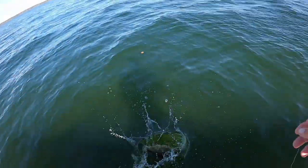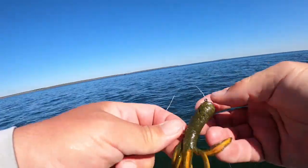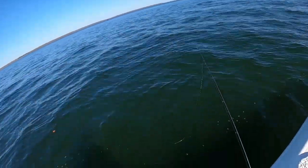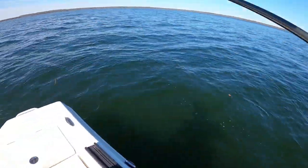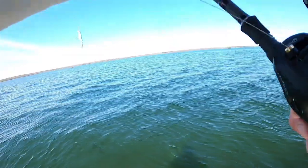Get her back. Tube's seen its better day. Holy smokes. I'm gonna try one more cast with it. The head's busting out. Alright. As long as I have it tied on, I'm gonna try this little